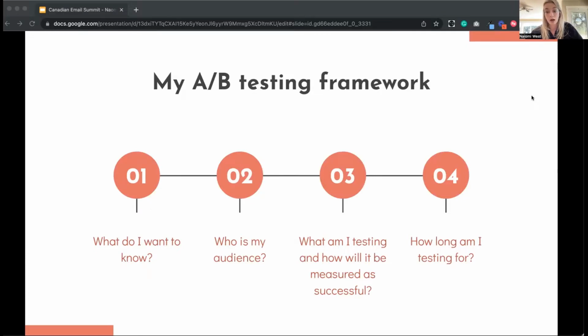Am I testing copy and therefore I want to see if click-through rate is higher? Am I testing a subject line and therefore maybe I want to see how many people were convinced to take that action that I'm trying to get them to do? So would I be measuring a bottom of funnel conversion event? And then finally, how long am I testing for? So how much time am I giving my users to take that specific action? This is especially important for companies with a longer buying cycle. It's different if you're going online and buying a t-shirt versus if it's a SaaS tool that maybe takes a little bit longer to go through the vetting process for.